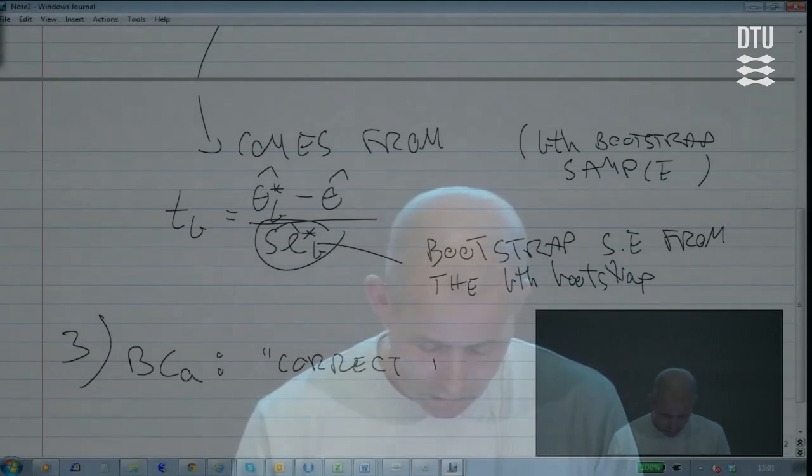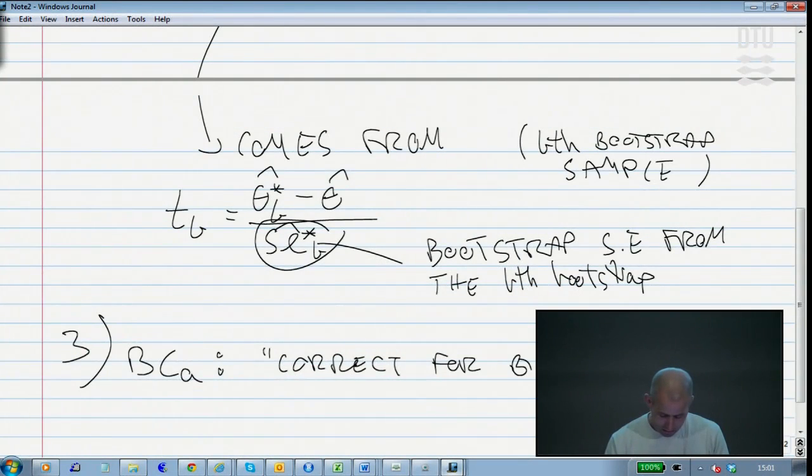Now, that was the second method that I will touch on, and then the third method I won't even write up. I just want to tell you that it exists, something which is called the bias corrected and accelerated so-called bootstrap. It's a way to sort of correct for bias and skewness in the bootstrap distribution.